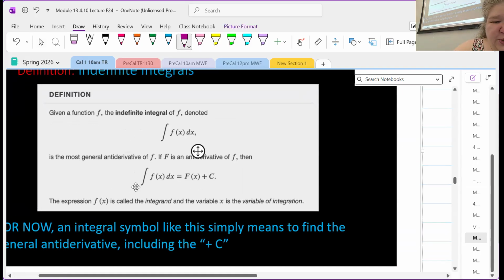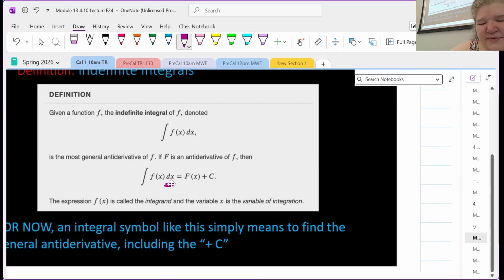So if I write that swooshy, slanty thing in front of f of x, now I do technically need this little dx next to it,